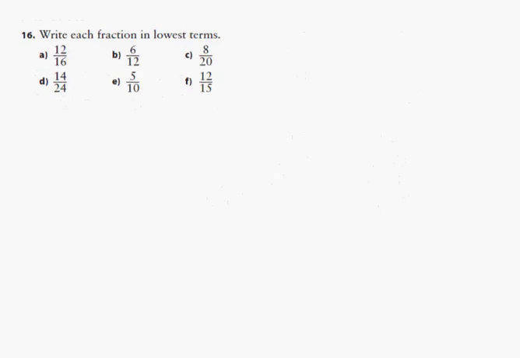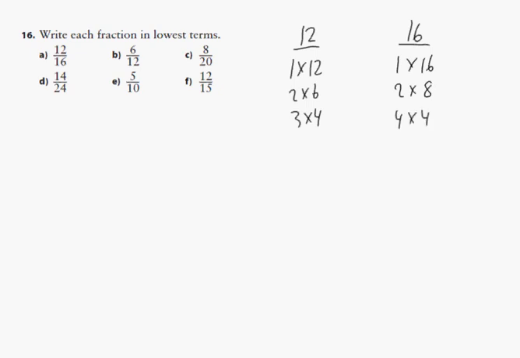Question 16, same thing happening here. So 12 and 16, let's just look at those for a second. Question A, 1 times 12 and 2 times 6 and 3 times 4. So the factors are 1, 2, 3, 4, 6, and 12. For 16, we have 1 times 16 and 2 times 8 and 4 times 4. So the greatest common factor those two share is the number 4, right? Number 4 is the greatest common factor, which means if I reduce my fraction by 4, I will get 3/4,